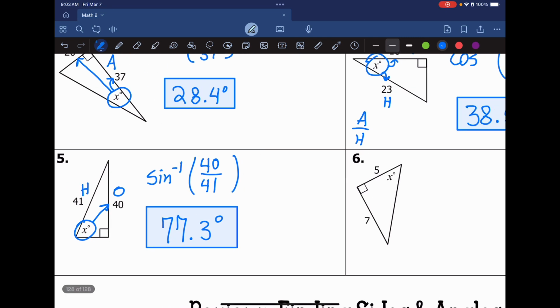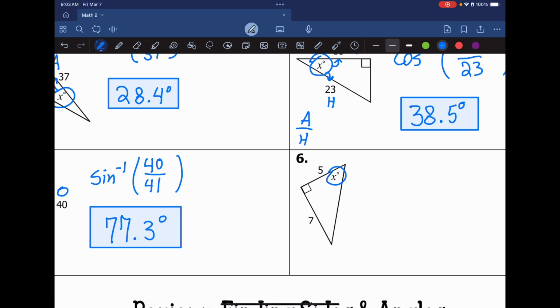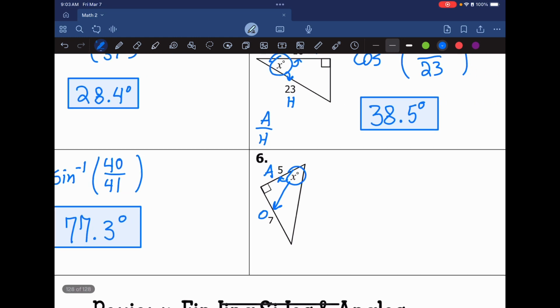All right, we got one more. Again, find the angle, figure out what two sides. So I have the opposite side here of 7, and 5 right here would be my adjacent side. So opposite, adjacent. Anytime I'm not dealing with the hypotenuse, that's going to be tangent. So inverse tan,